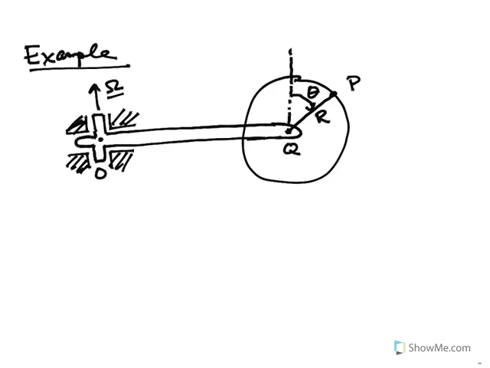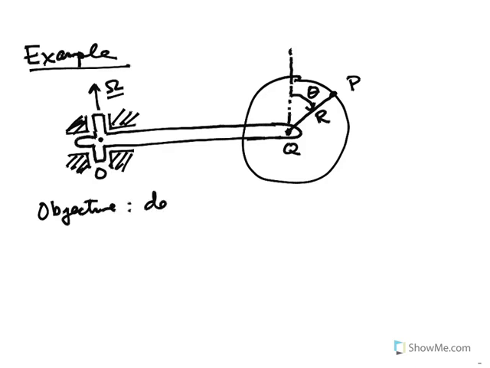So what we have in this problem, you can see, is that we have a rotation and a translation, right? Because point Q is moving relative to point O because this horizontal shaft is moving in a circular fashion. And then the disk is also rotating. So the center of the disk located at point Q is such that point P is moving in a circle around point Q. And what we want is, or I should say the objective,